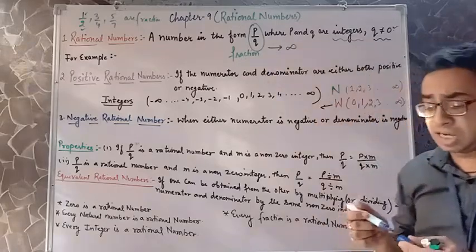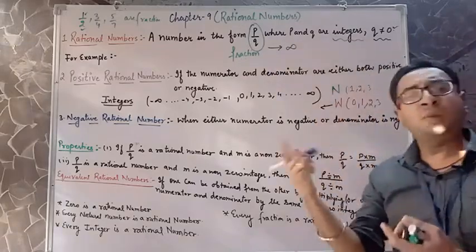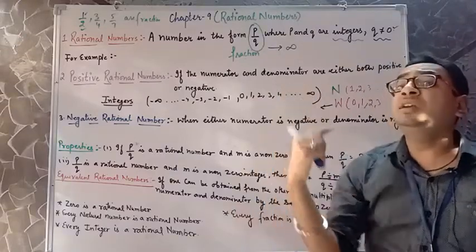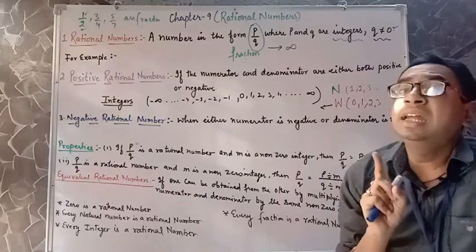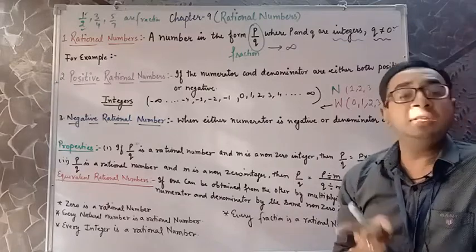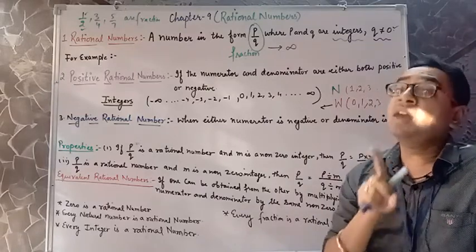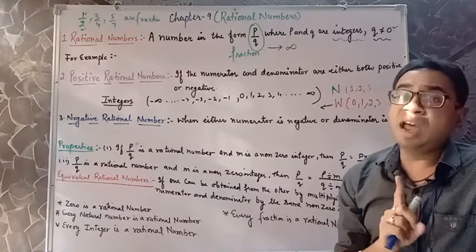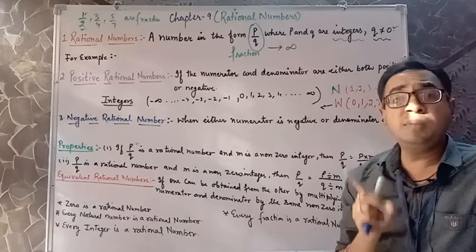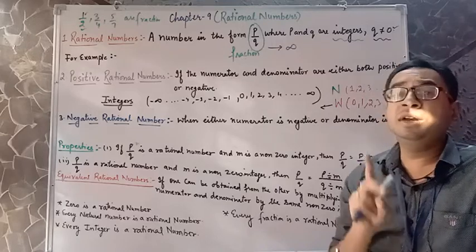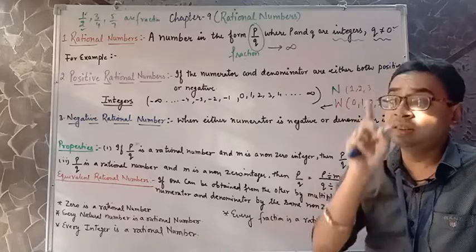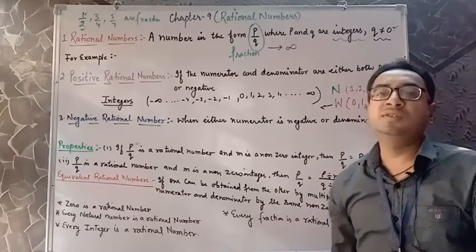Are we clear with the rational numbers? So, rational numbers are in the form p by q, no change, it means a fraction. But the numerator and denominator can be what? Integers in case of rational numbers, but in case of fraction they are natural numbers. This is the most important difference between fraction and rational numbers. So do remember, in a fraction, numerator and denominator are natural numbers, but in case of rational numbers they are what? They are, yes, integers. Clear?